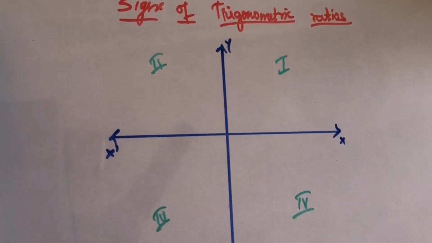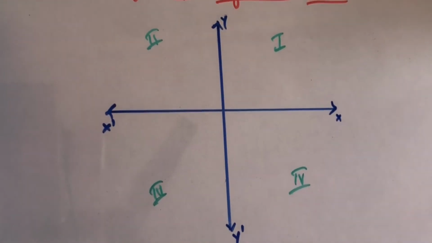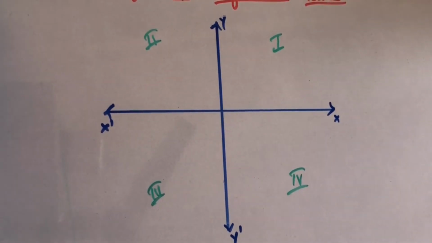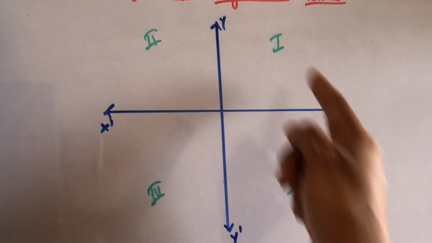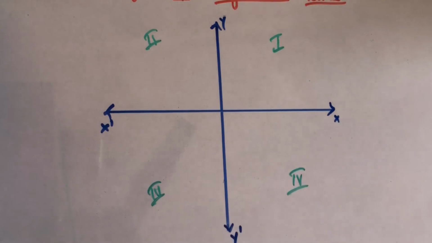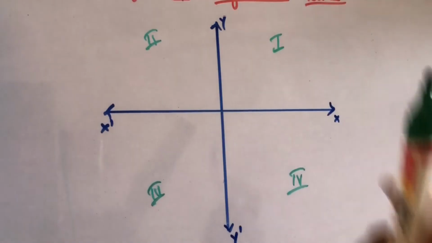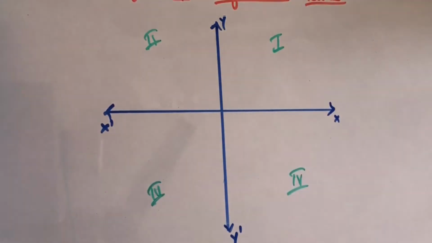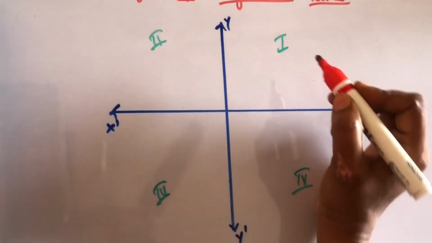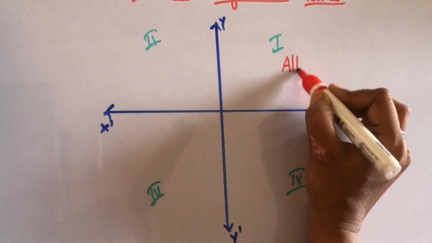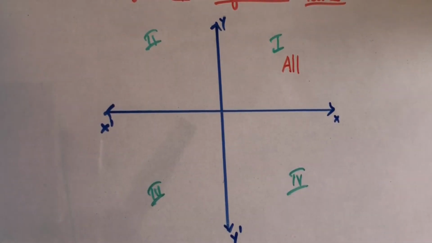Likewise, we have to find the signs of trigonometric ratios. Now we are going to learn in which quadrants which trigonometric ratios are positive. So, these are all the 4 quadrants. We name them in the anti-clockwise direction: first, second, third and fourth. In the first quadrant, as x and y are both positive, all trigonometric ratios are positive in the first quadrant.